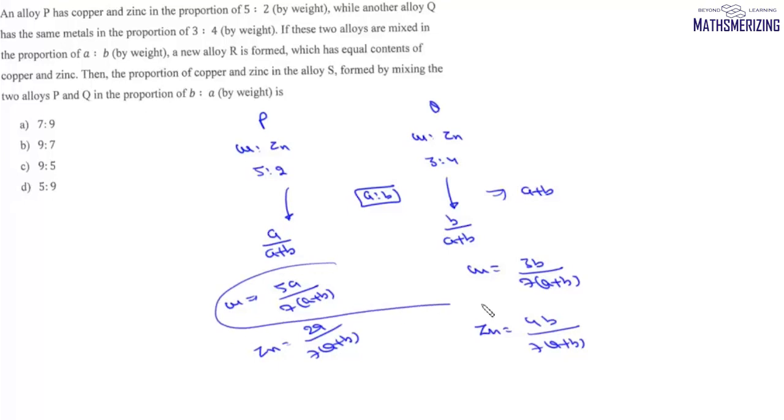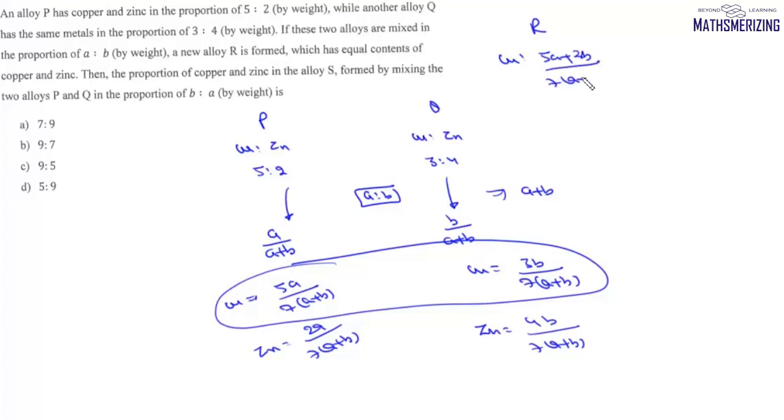Now if we add the copper content in both, then the copper content in R will be (5A plus 3B) upon 7(A plus B), and if we take its zinc content, there'll be (2A plus 4B) upon 7(A plus B). Now it says this new alloy R has equal content of copper and zinc. So that means